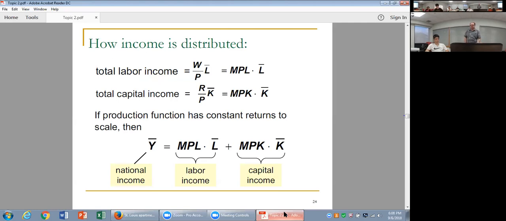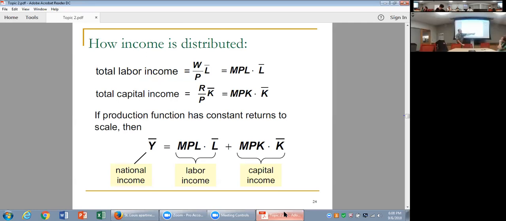And in that macro model, we take our total national income, and we then have to split it up into two categories: those on the worker side of the economy and those on the capital side of the economy. On the worker side, it would simply be how many workers I have times the extent to which they're productive. And for the capital, it would be how productive the capital is times the amount of capital that I have. And if everything is constant returns to scale,